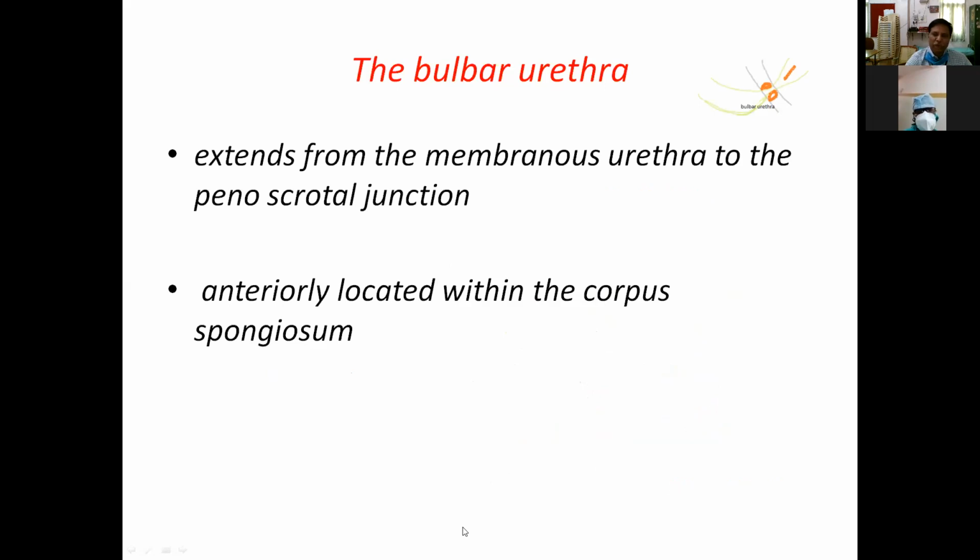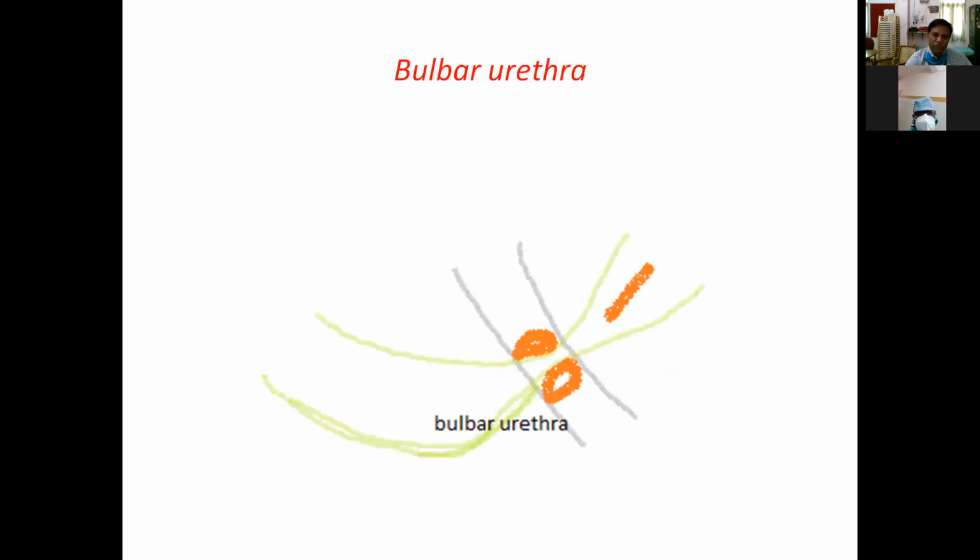The bulbar urethra extends from the membranous urethra to the penoscrotal junction. It is a curved part of the urethra, a little bulbous, and it is external to the superficial perineal membrane. This is the bulbous part of the urethra. At the superficial perineal membrane it closes down into a smooth cone. This part of the bulbous urethra appears as a smooth cone on urethrograms. You should not confuse it with a stricture, as the lines will be very smooth.